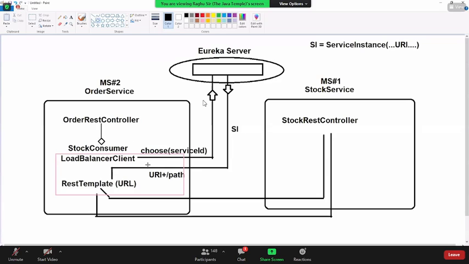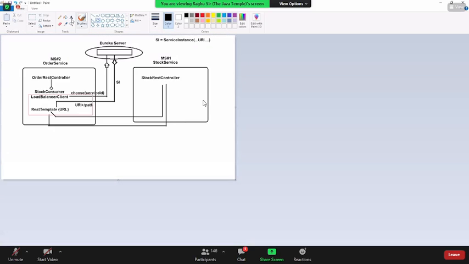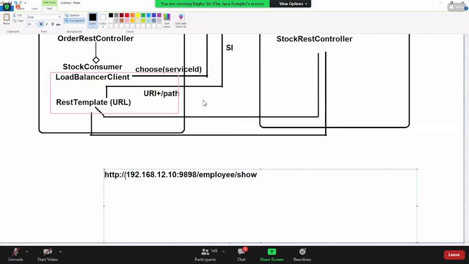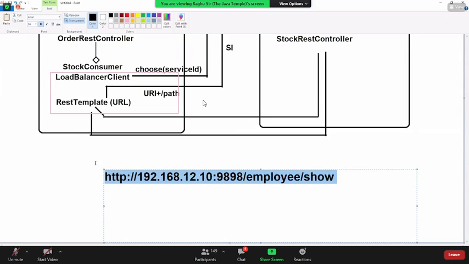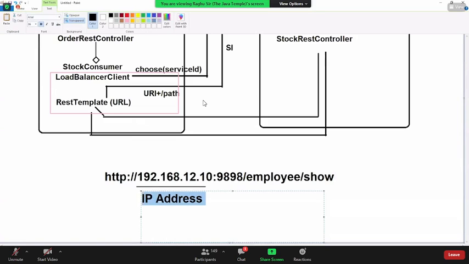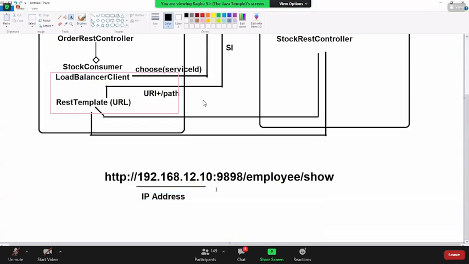Here you want to see the URI and URL difference. HTTP localhost 9898, instead of localhost some number I'm writing. Observe what is what here. This is the IP address. This is the port number.